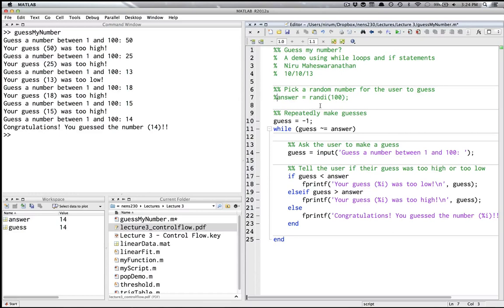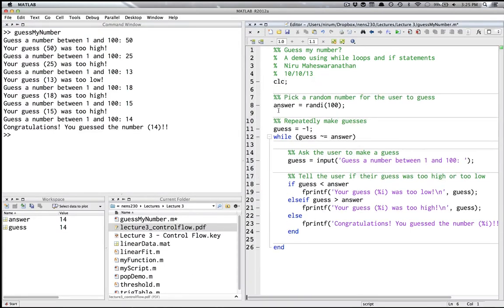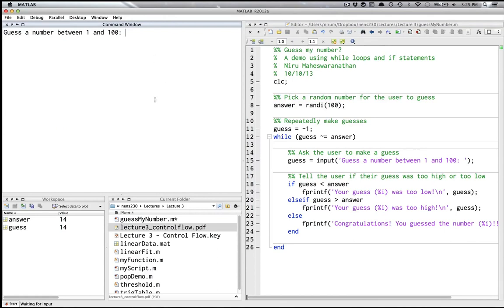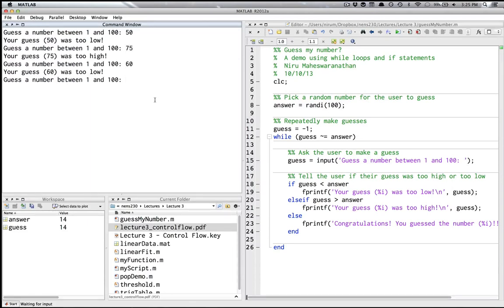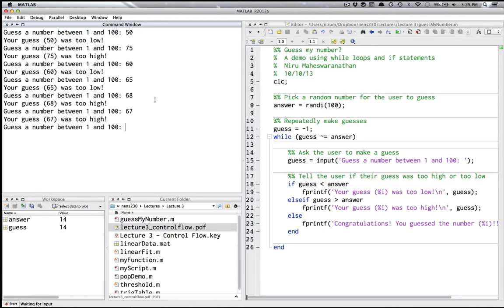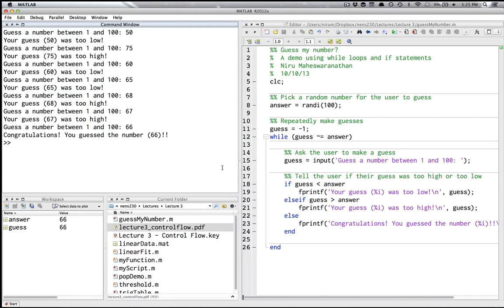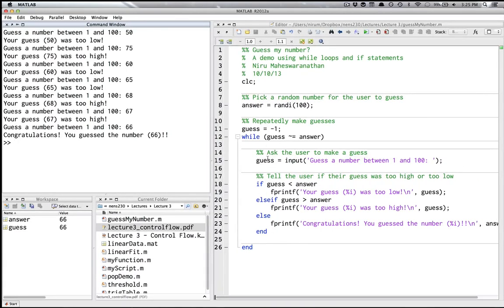So I can get rid of this and now have it pick a random number. And so actually let's add the clc line here so that it clears the screen. Okay, guess a number between 1 and 100. So now I have no idea what the actual answer is. So we're actually playing. 50 was too low this time. 75 was too high. 60 was too low. 65, 68, 66. All right, so this time the number happened to be 66, and we slowly got there, right? So that's a fun way to use while loops and if statements to play this